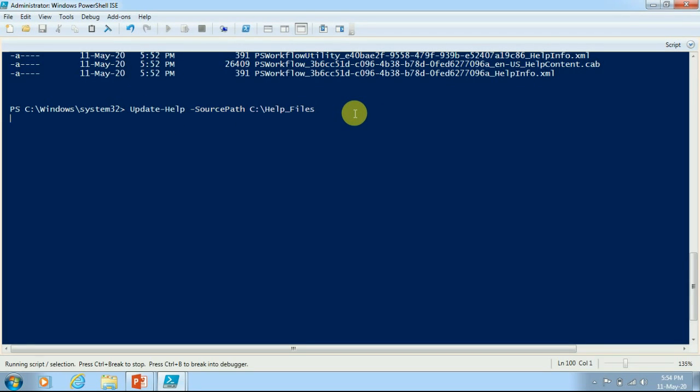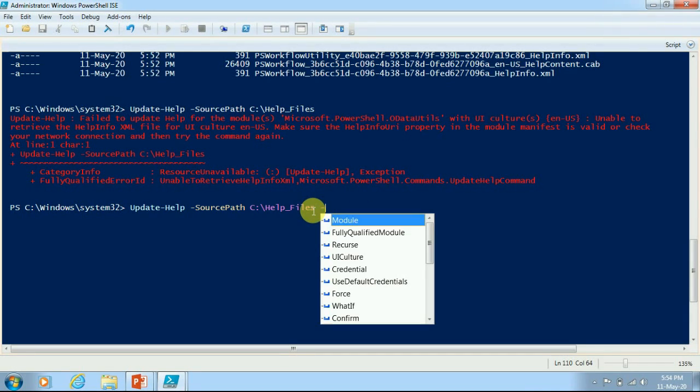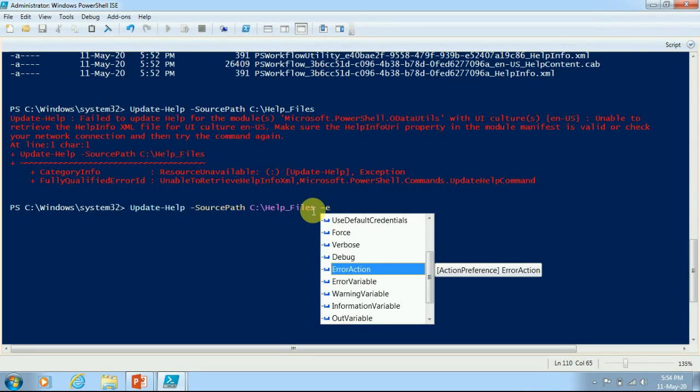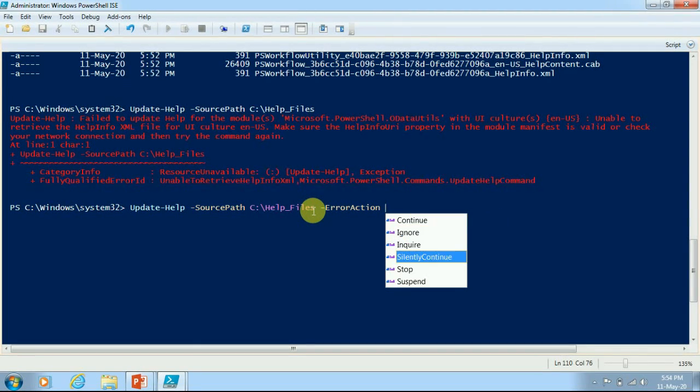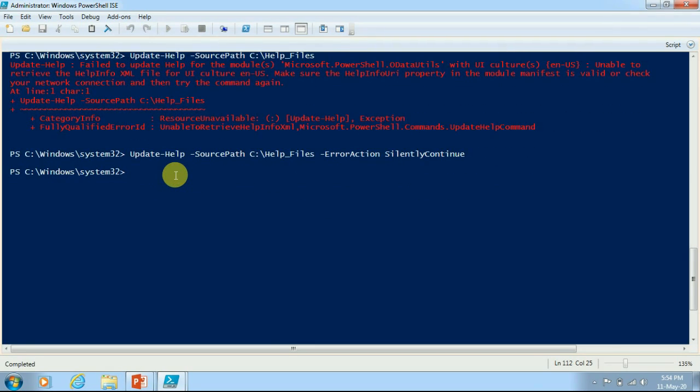So just execute this one. Now you can see that again we have got this culture related issue, which is the expected one. But if I want to suppress this one, again I will have to pass ErrorAction SilentlyContinue. Just execute this one and you can see that it has automatically completed and it has not given any error.